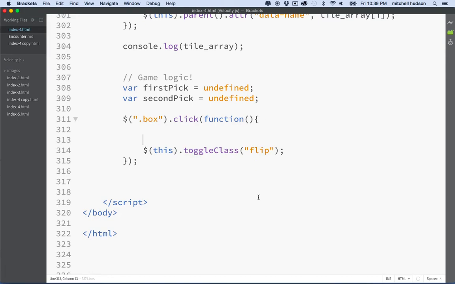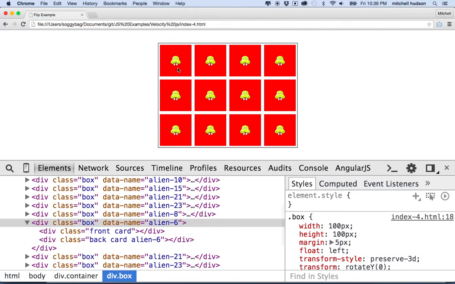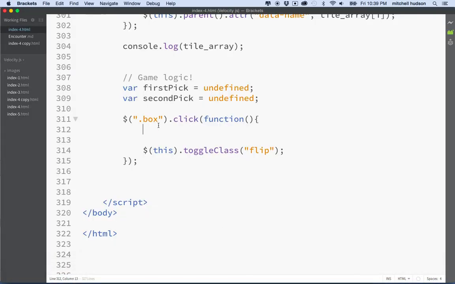Now, let's imagine how the game is going to work here. You're going to click on your first choice. And then we don't want you to be able to click on the same one again. We want you to click on another one. So if you click on the same one again, then nothing should happen, right? So what we're going to do is ask a question. We're going to say, hey, if